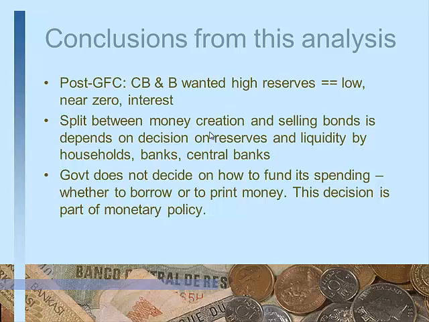So after the global financial crisis, the central bank wanted the banks to keep high reserves. The private banks also wanted to maintain high reserves, because basically what had happened in the global financial crisis was that the banks had made lots of loans on assets which collapsed, like basically houses. The value of the houses collapsed, so the loans could not be recovered, and so they increased the level of reserve holding.